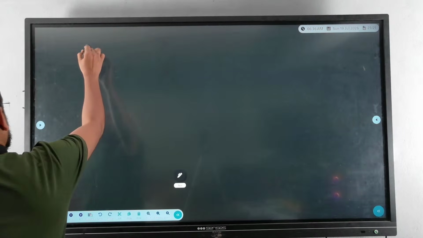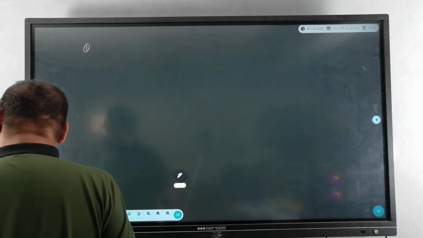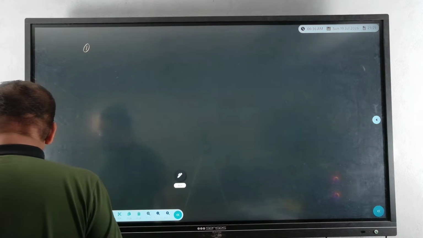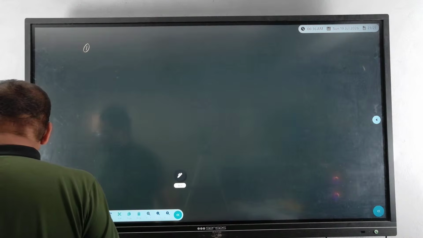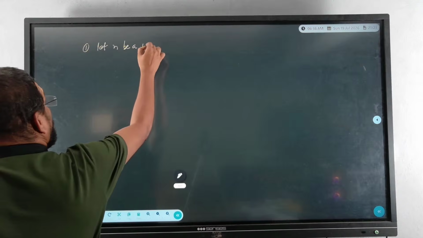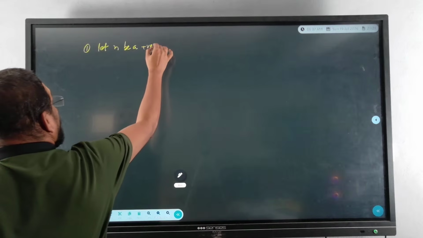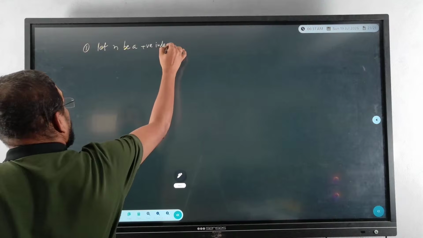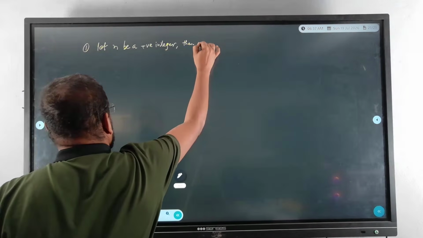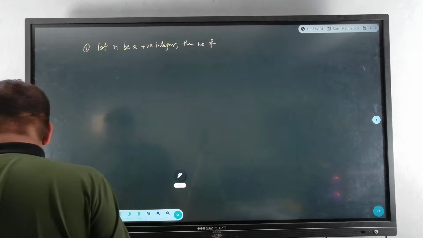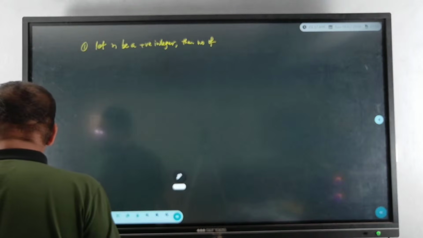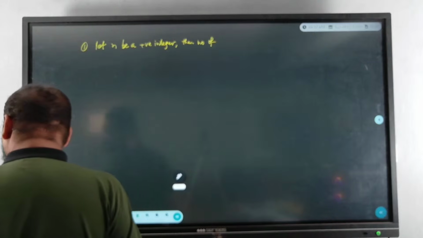So write down the first question. Let n be a positive integer. Then the number of possible remainders